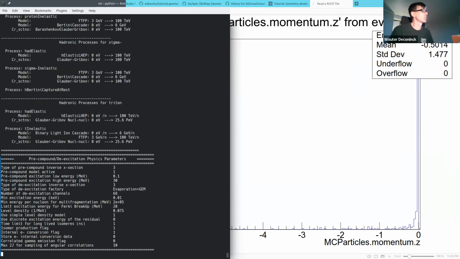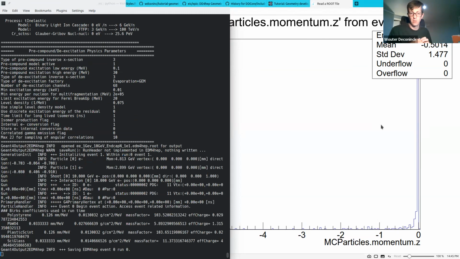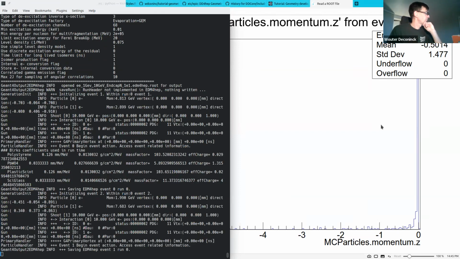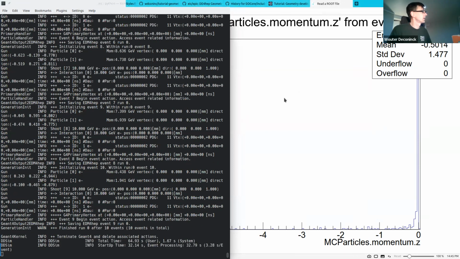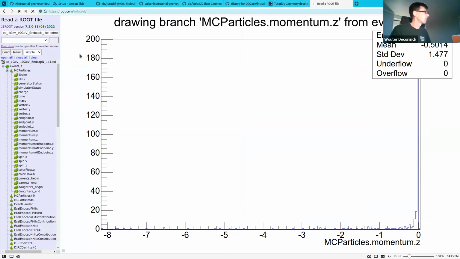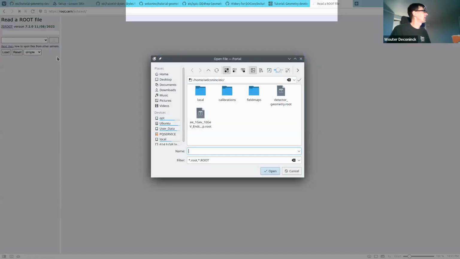Let's see, this should complete relatively soon then. So I encourage you to take a look at the file that you have, of course, as well, and whether all of this makes sense in the files that you've generated. Okay. And our file is written. So now let me reload that file